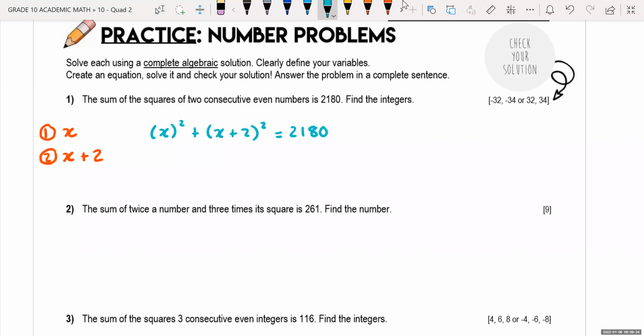2,180. And then you would do what we did last class, where you would expand it, FOIL, etc. And you would finally end up getting an answer of 2x squared plus 4x minus 2,176 is equal to 0. And you could factor out the 2 and you would get x squared plus 2x minus 1,088 is equal to